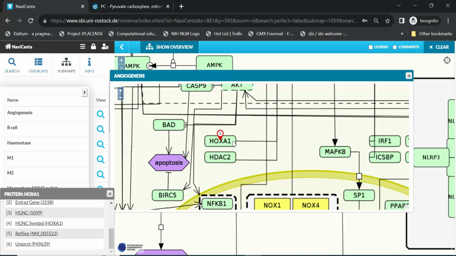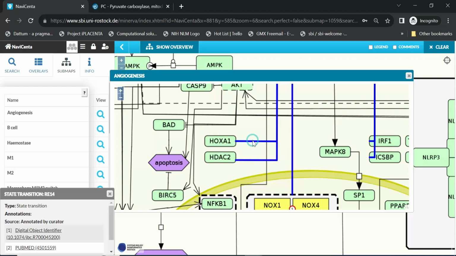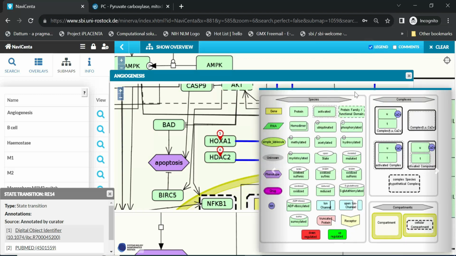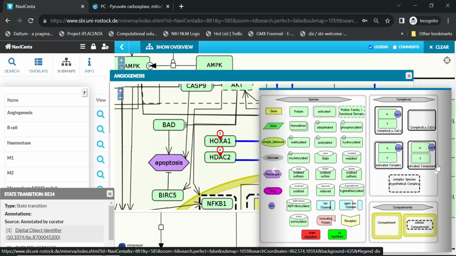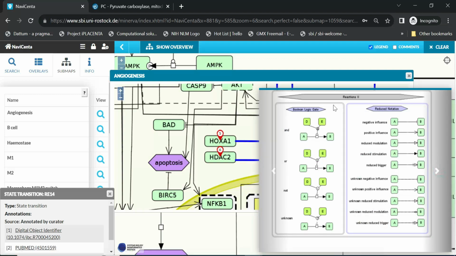You can not only select entities, you can also select directions. It will tell you what kind of reaction it is. You can also see this in the legend. So let's go back to the legend, top right. Check it, and it opens the legend. Let's move to the next page of the legend. And here you will have more information about the reactions. Let's close this again, uncheck legend,